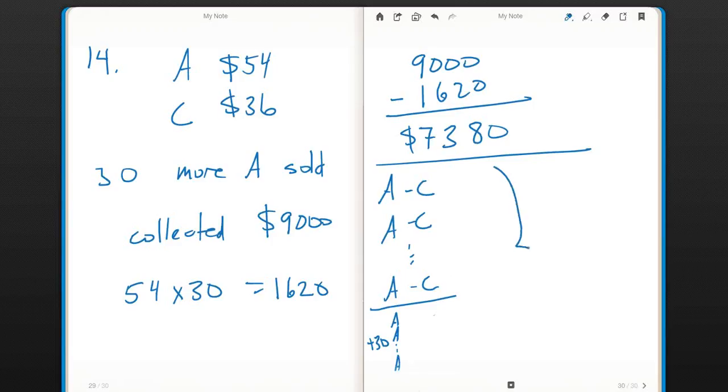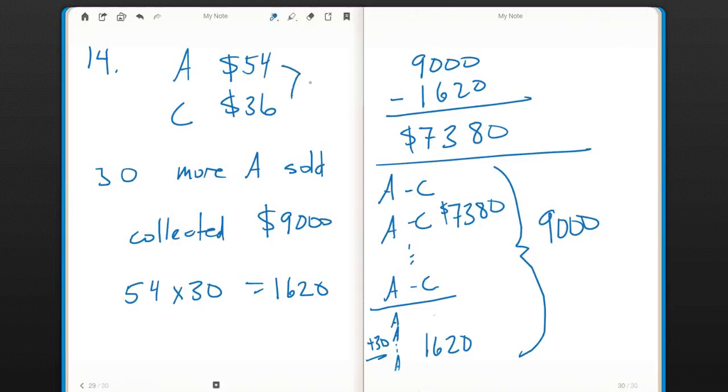If all of these cost $9,000, I know that these tickets cost $1,620 for the 30 adult tickets, then the tickets that I sold up here are $7,380, because again, they combine to be $9,000. But the tickets up here are all paired up. If I bought a pair of adult tickets and child tickets, I would pay $90. So if I take this $7,380 and I divide it into $90,